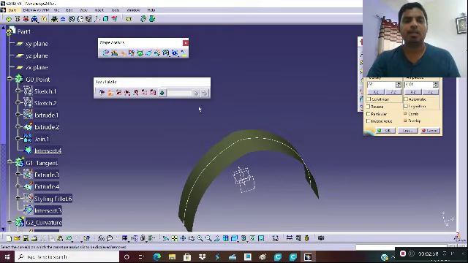If the radius is smaller at a location, then the curvature comb lines are bigger in size, and if the radius of curvature is bigger, then the comb lines are smaller in height.